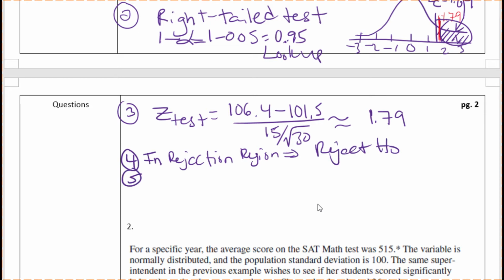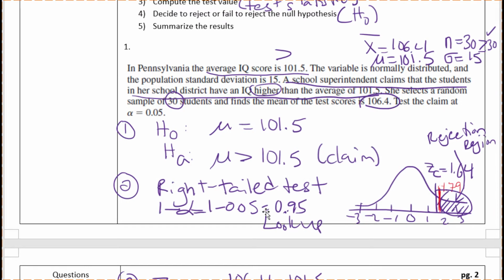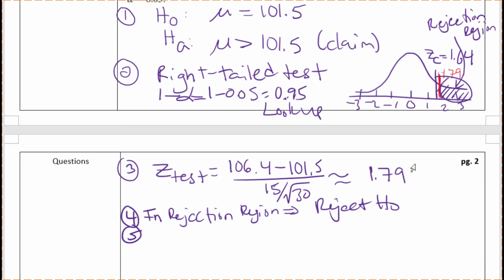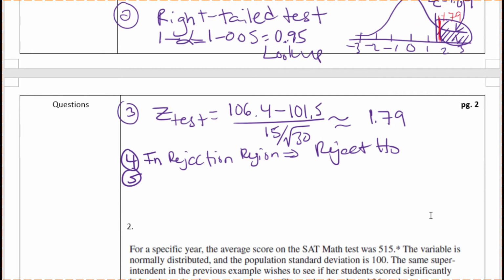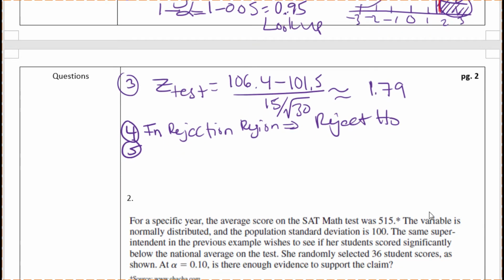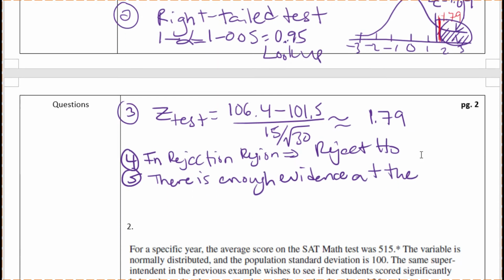So step 5 is to make a summary. We're going to summarize our results, alright? Since our claim belongs to our alternative hypothesis, this means that we're going to use the word support, and since we rejected, we're going to use the phrase "there is enough evidence." So we're going to say there is enough evidence at, in this case, alpha is 0.05, so at the 5% level of significance, LOS,